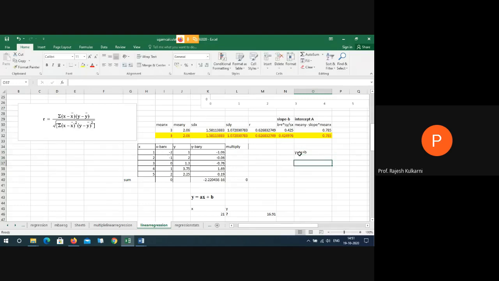So let us say the new value of x is some 7. Okay, so can you calculate the new value of y? Fastly calculate. I am telling you the new value of x as 7. You have to just replace the values.